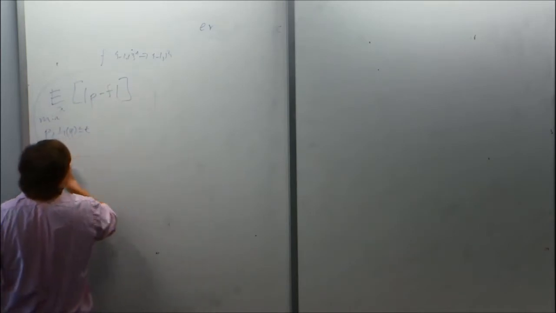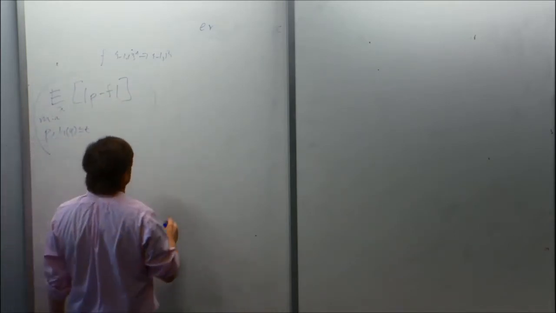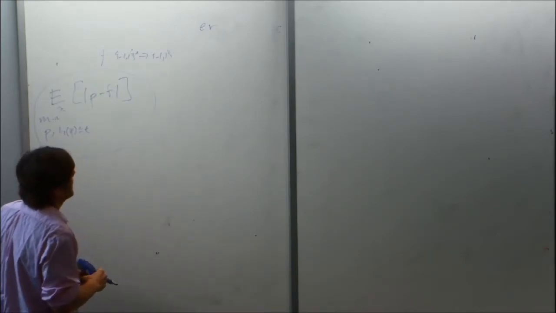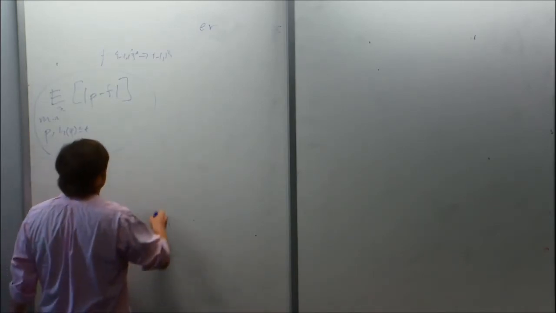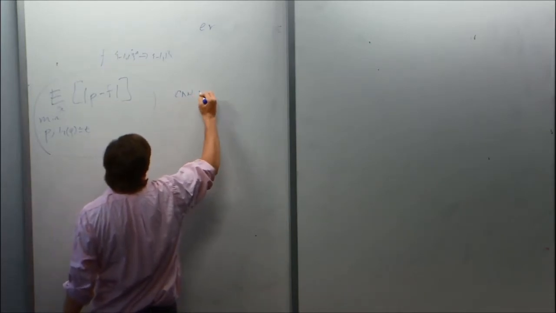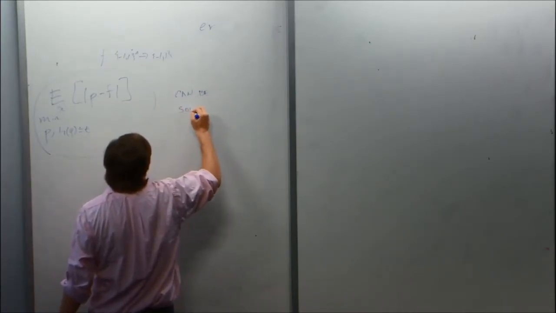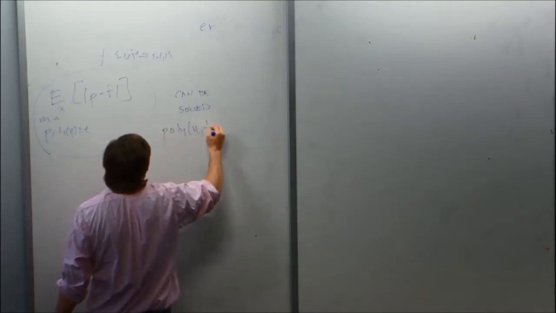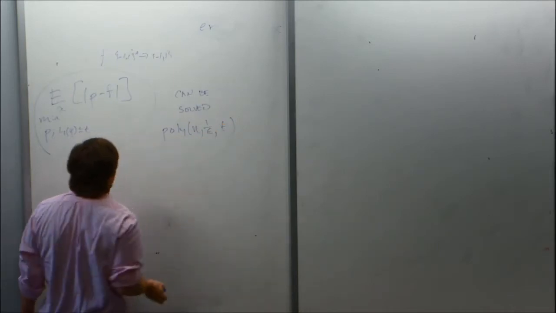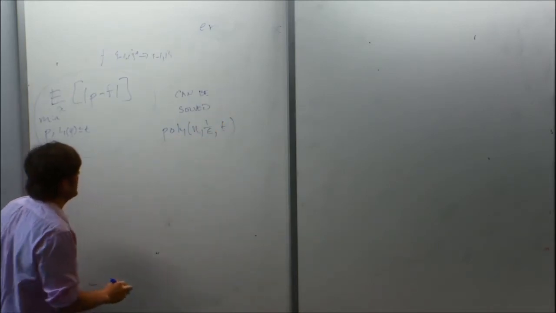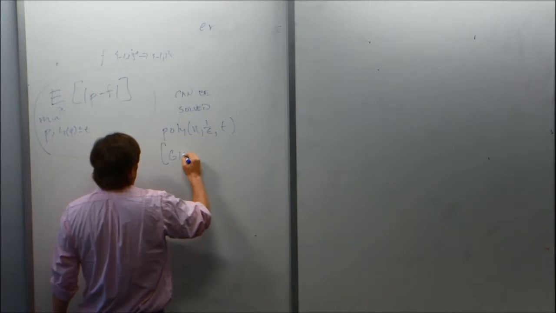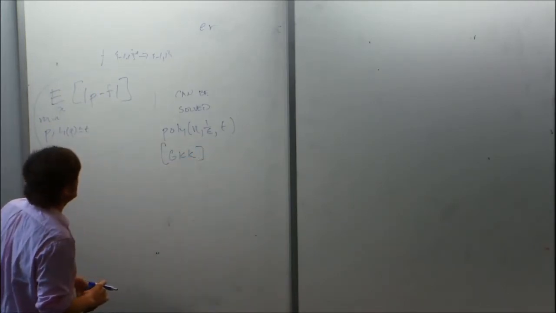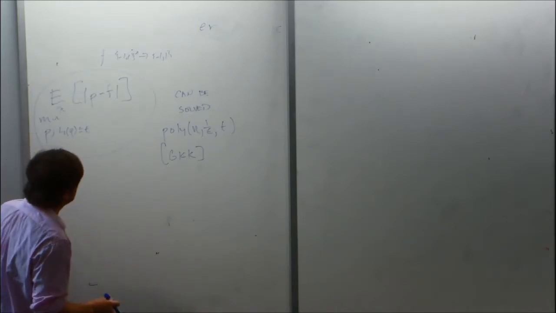And I claimed that this optimization problem can be approximately solved using a projected version of gradient descent. This could be done. So this can be solved in time polynomial in n and 1 over epsilon and t. Epsilon here is your error parameter. And this allows you to agnostically learn sparse polynomials.